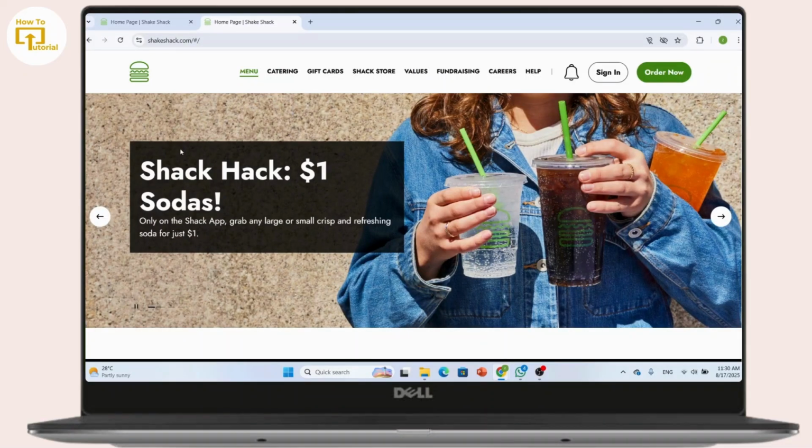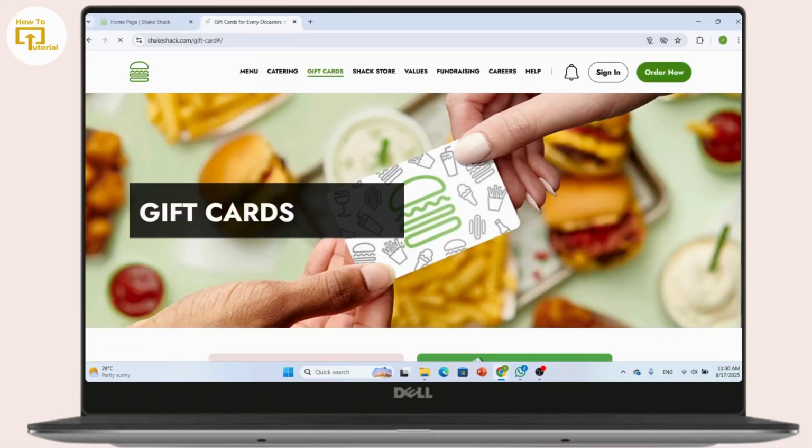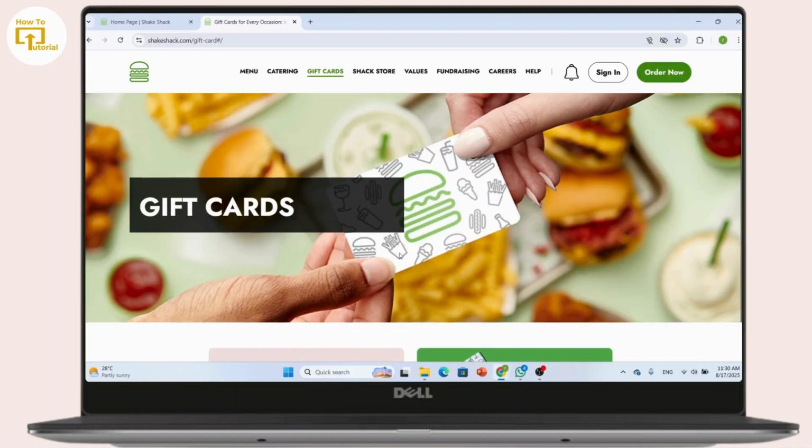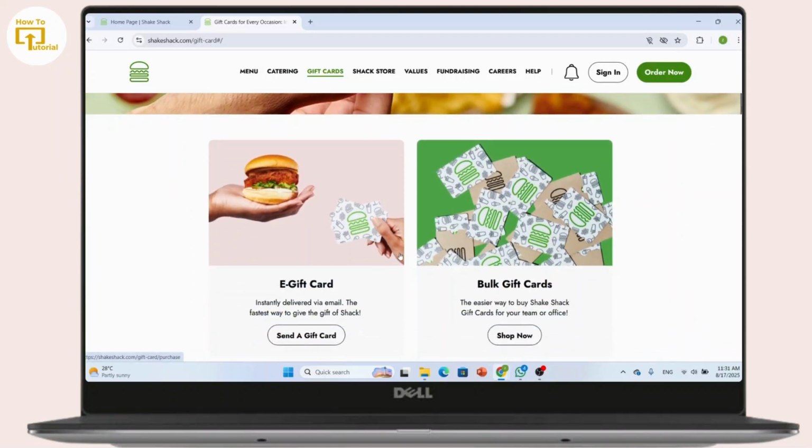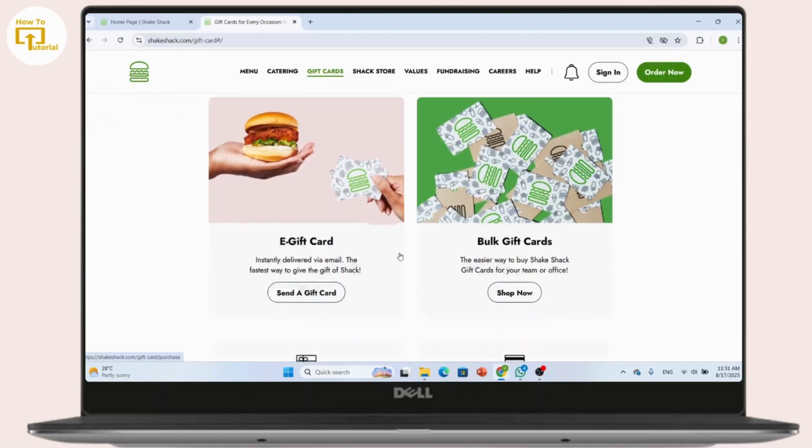Now here you can simply log in with your account, and once logged in, you need to click on your profile icon in the top right corner and then select payment methods from the menu. There you'll see your saved cards, and to update one you can just click edit and change the details